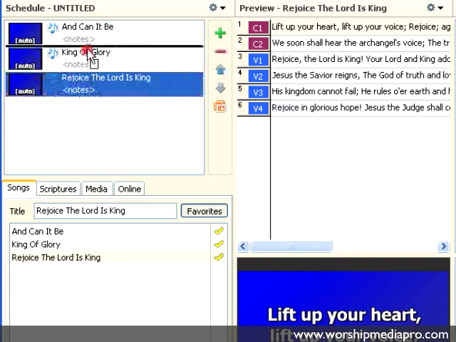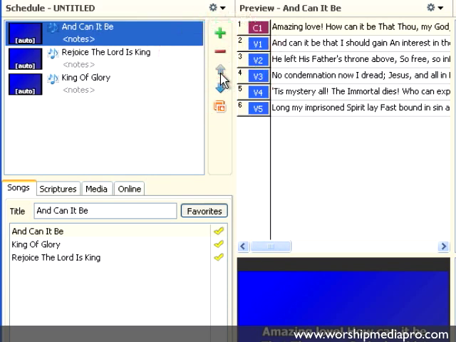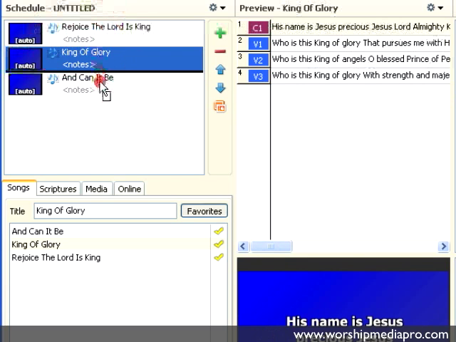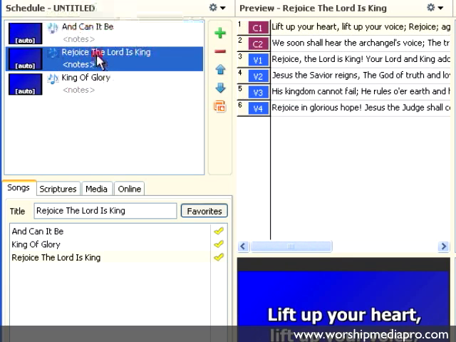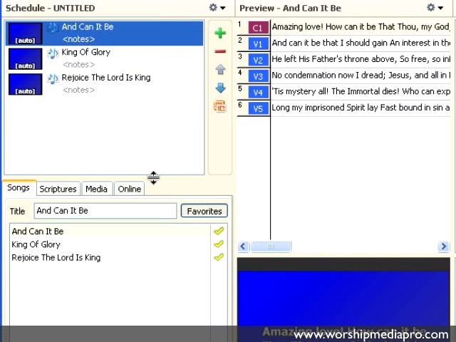Now I can move these around in 2 different ways. I can select the arrow buttons and just arrow up or arrow down, or I can simply drag them and move them to the places I want. So I'm going to make my songs, Can It Be, King of Glory, Rejoice, the Lord is King, in this order. Now I'm going to add some media to these songs here, because right now the default background is